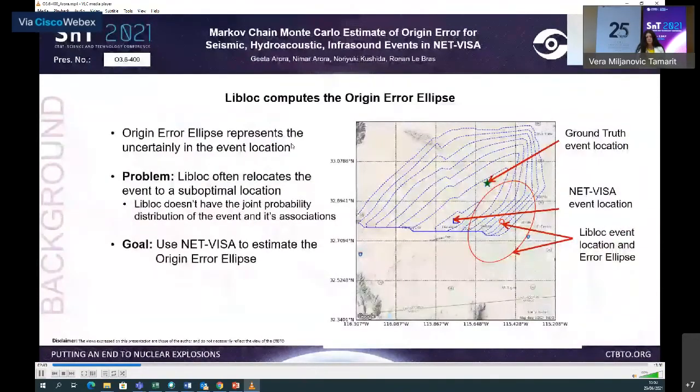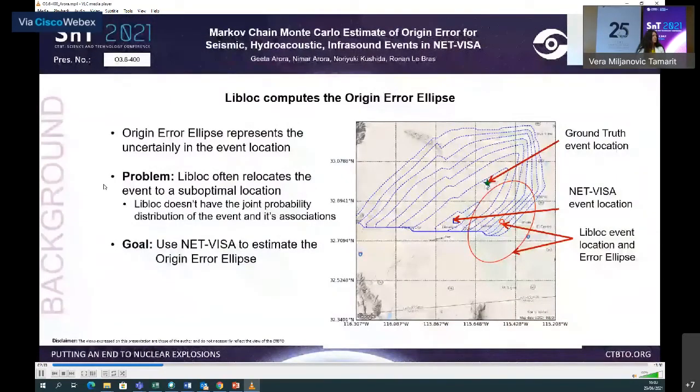After NetVisa determines the position of the origin, it calls liblog to compute the error ellipse. The error ellipse represents the uncertainty in the event location. The problem is that as part of computing the ellipse, liblog often relocates the event to a suboptimal location. For example, in this picture, NetVisa computed the event location here, and liblog relocated it to the red circle, and this is the error ellipse, and the ellipse doesn't even include